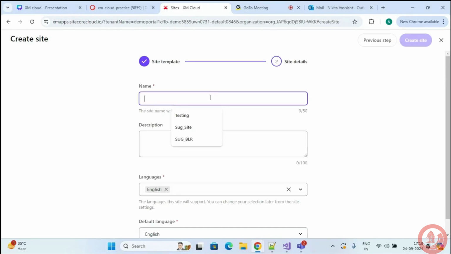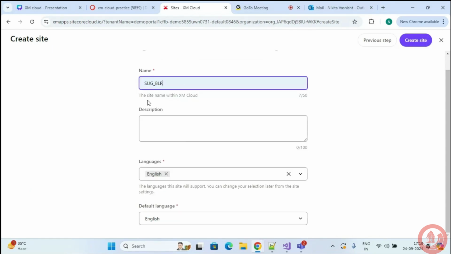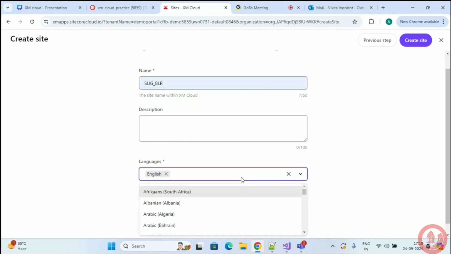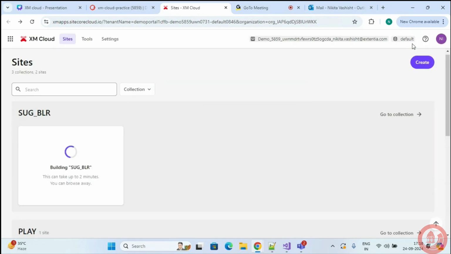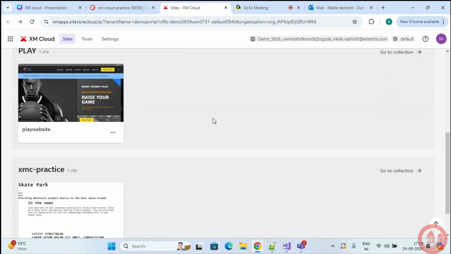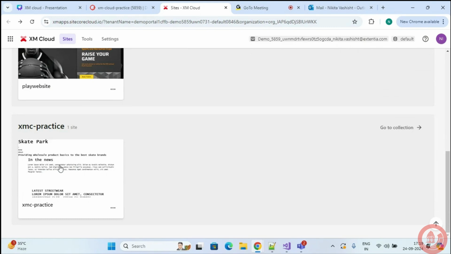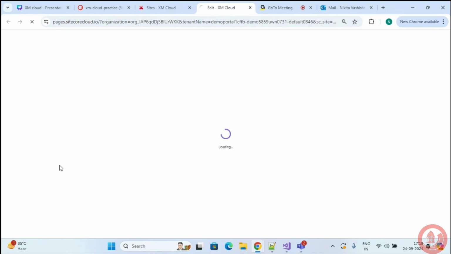So once you go to your website, here you can see the pages builder is being opened. On my left hand side, I can see my content tree, all the items that are available. Then in my components, I have all the default collections that Sitecore XM Cloud provides for static components. We have dynamic components as well. Then I can create my own collection. I'll show you later in this demo how you can create a collection in components.